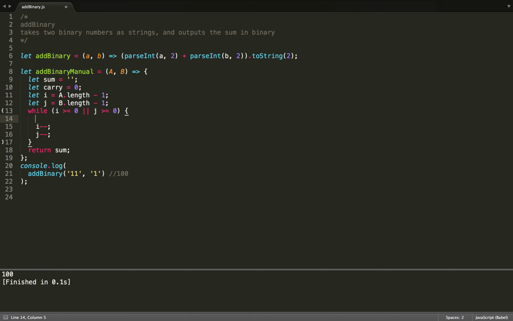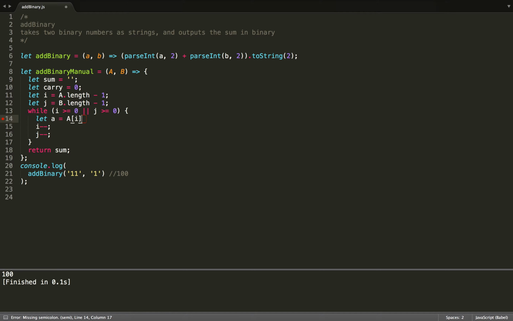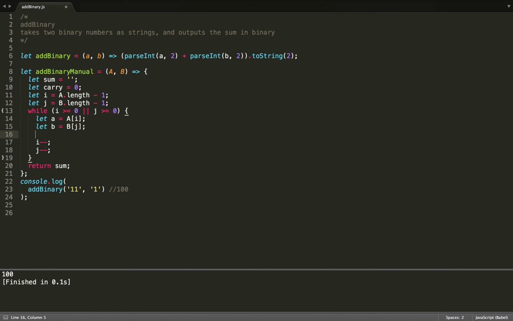So now I'm going to define little a to be our bit at index i, and let b equal the same thing with respect to b. And for this, you might think we would have a bunch of if-else statements to check if a is 0 and b is 0 and carry is 0, then the output should be 0. But